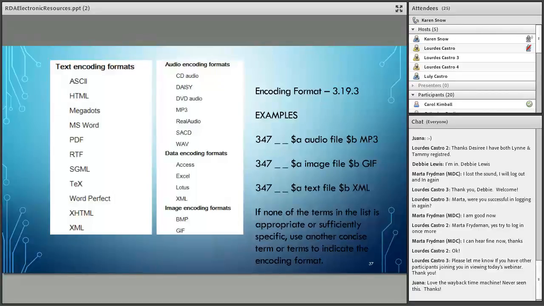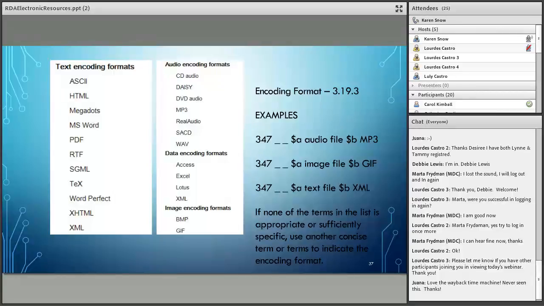So if you have an audio file that's an MP3 specifically, then you use MP3 under audio encoding formats in subfield B. If it's an image, use GIF or JPEG or whatever you have, a text file that's XML, and so forth. And if none of the terms in the list is appropriate or sufficiently specific, then you can use another term, and that's fine.